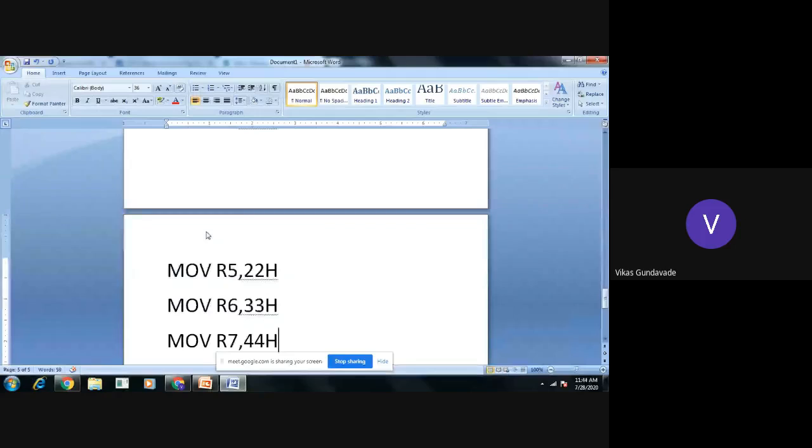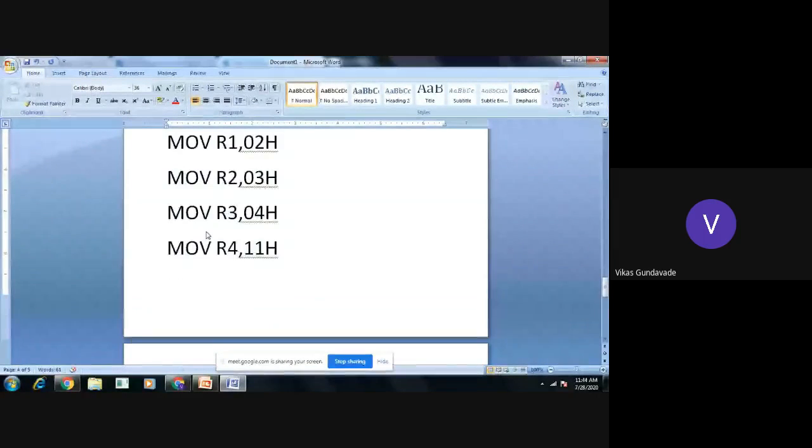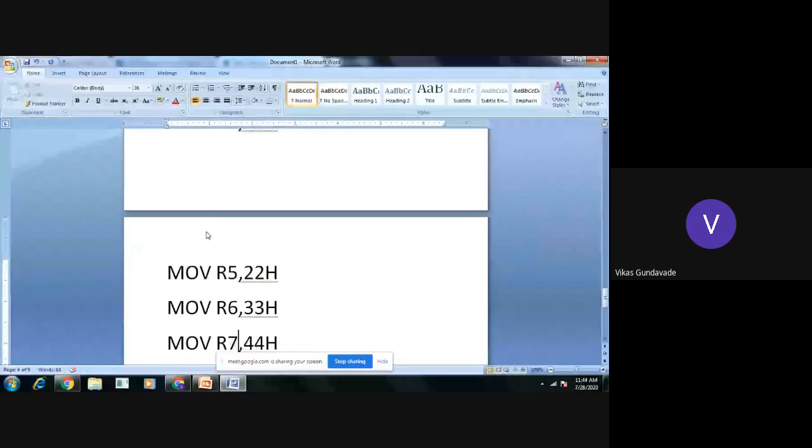Now to make the addition, we need to use the instruction. First we need to transfer the lower number into the accumulator. So we'll write MOV A comma the lower number. Of R0, R1, R2, and R3, we'll take R3 as low, and here R7 as low.